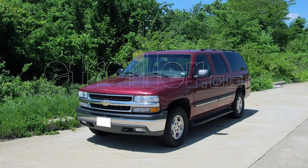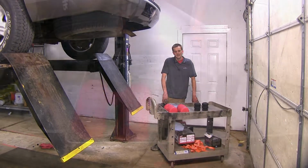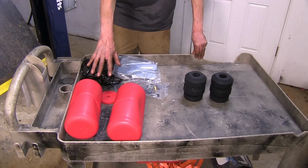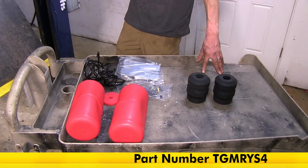Today in our 2005 Chevrolet Suburban, we'll be having a look at our best vehicle suspension options. All right, we have 3 suspension enhancement options here today that we're going to be looking at. 2 of the options we have on this cart right here. On this side, we have the Airlift 1000 air helper springs, and over here we have our Timbren Suspension Enhancement